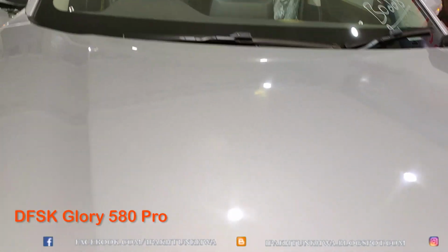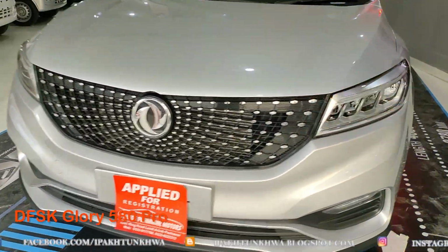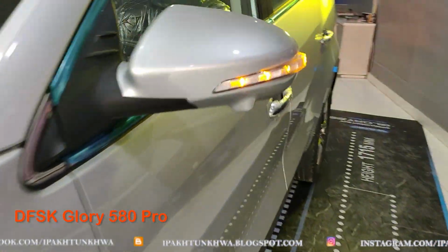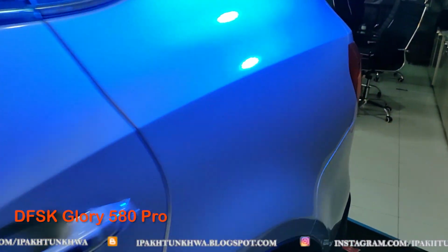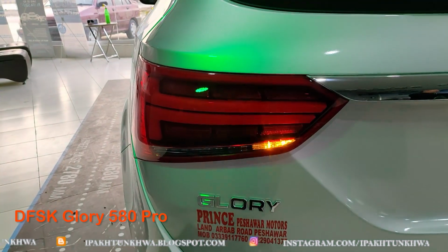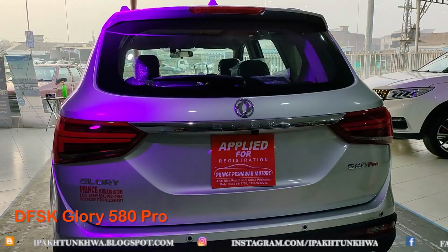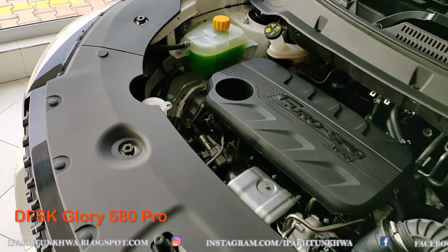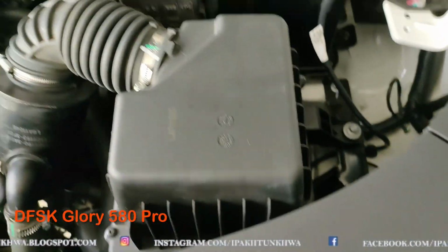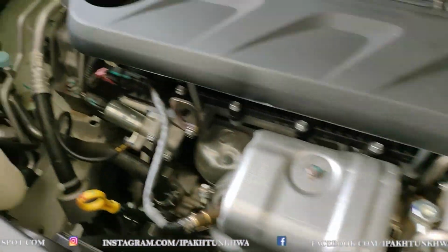The 580 Pro is the higher end version of the 580 Glory, and it has more features like the LED. There is LED in the indicators in the front as well as the back, and the mirrors, which are pretty nice and look like the ones in European cars. The engine is 1.5 liter turbo mated with a 7-speed CVT. There is a solid state battery available. The engine is Euro 4 compliant, and